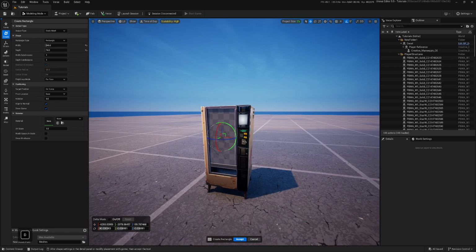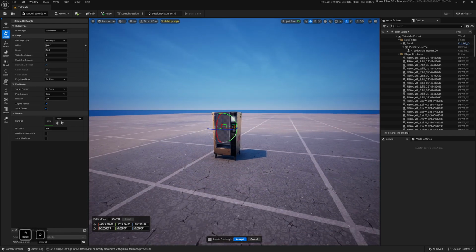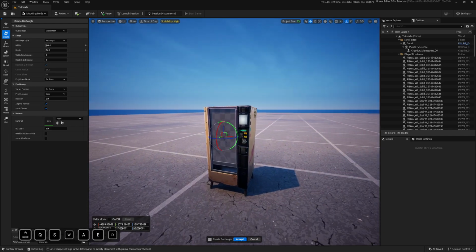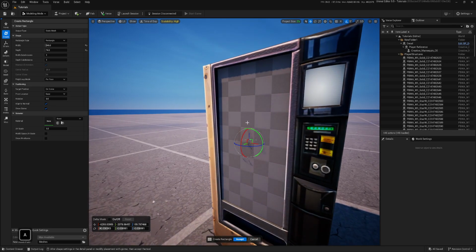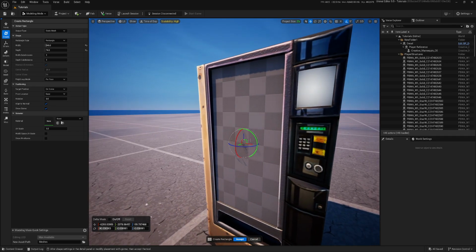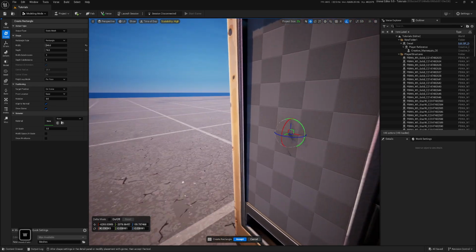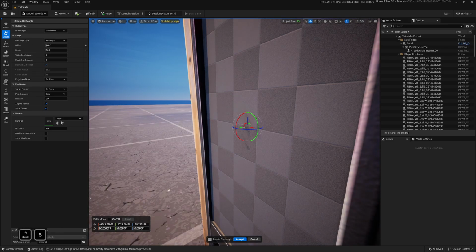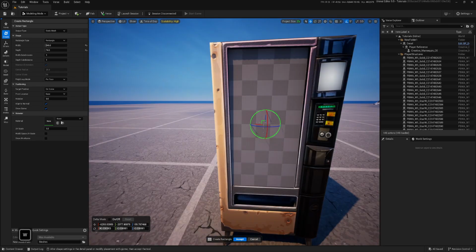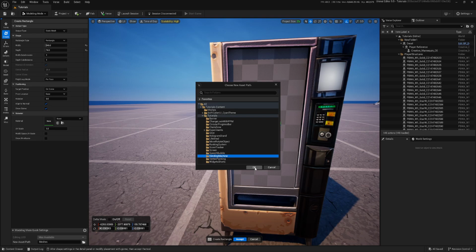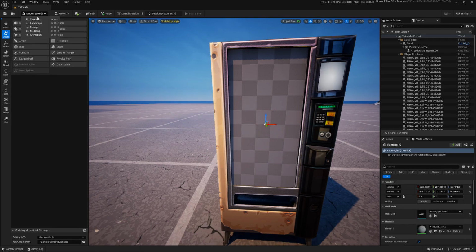If you notice some issues, maybe a little bit more on the distance, this is when you have two surfaces very close to each other. We call it Z-fighting. Then you can just grab this plane and move it just a little bit in front. And we can save and close this.